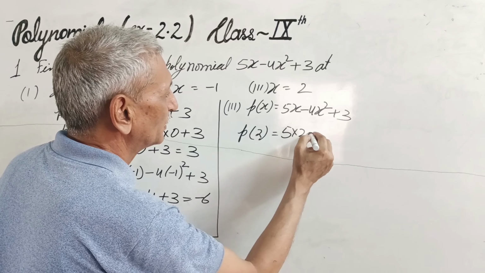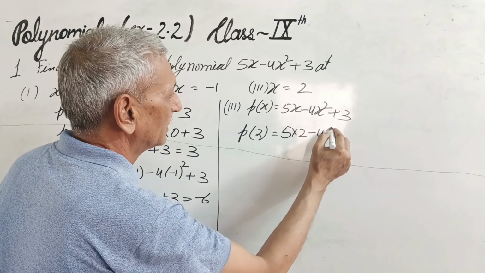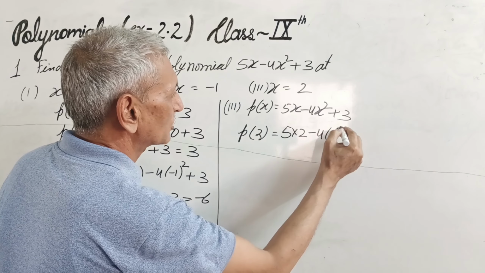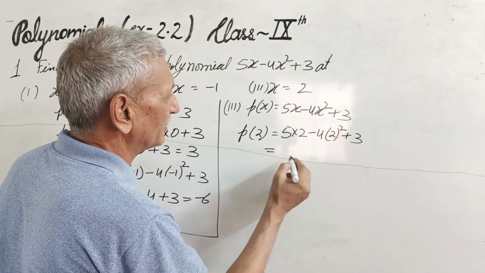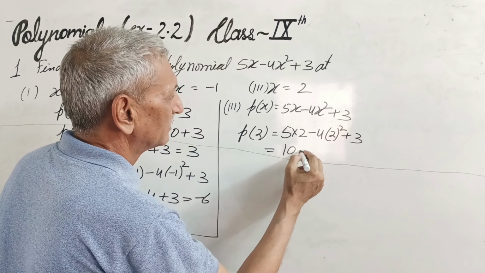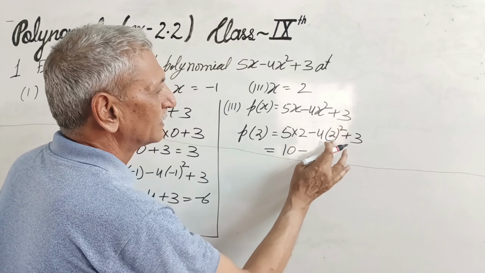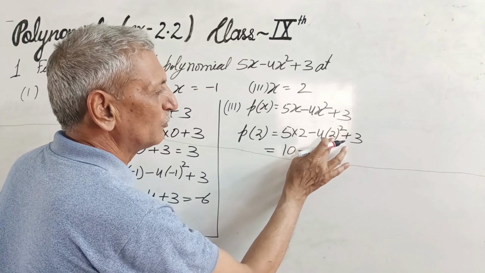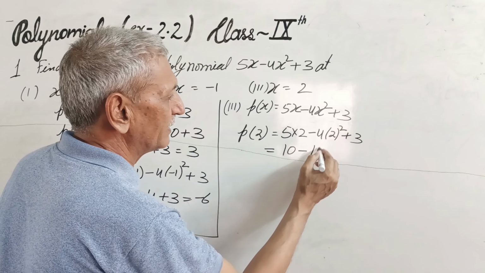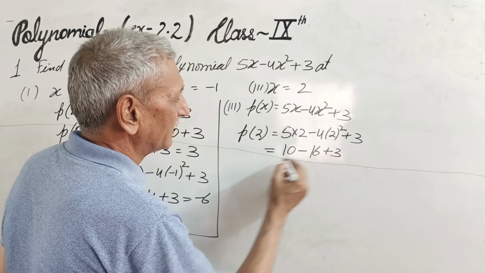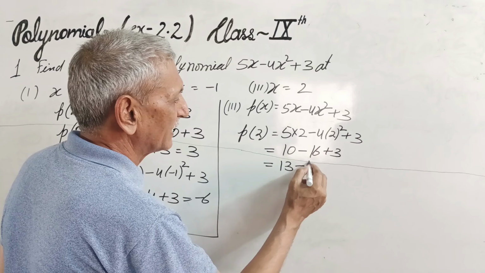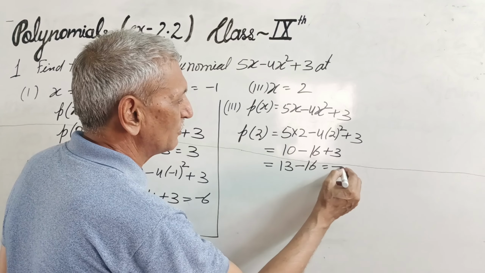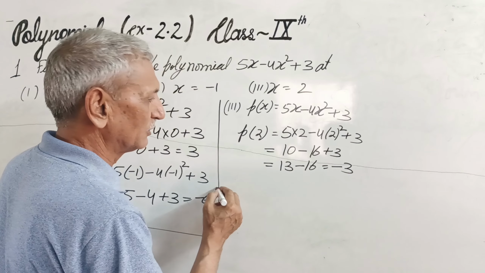5 into 2 minus 4 into whole square of 2 plus 3 should give you 10 minus, see, this will give you 4 4 is 16 plus 3, that should give you 13 minus 16, that gives you minus 3. ठीक है दोस्तों।